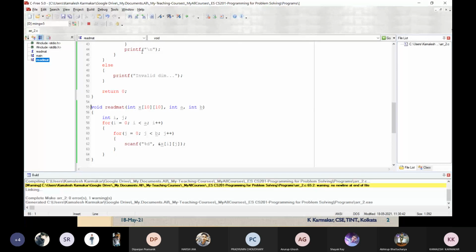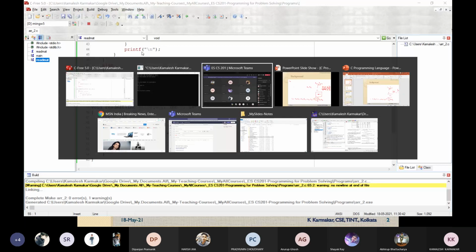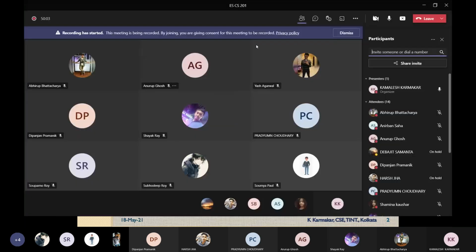Similarly, we can write the calculation, how the elements of C are calculated, in another function. Printing related things can be written in another function. So in that way, we have to divide it into different modules. Okay, so if we follow a modular structure, then the program will be reusable. Later on, if you need the same thing, you can reuse the program.